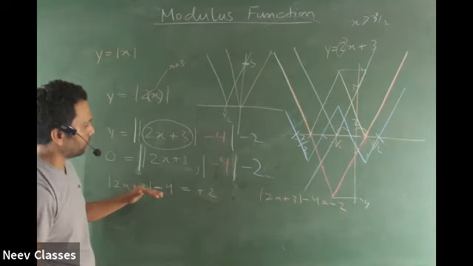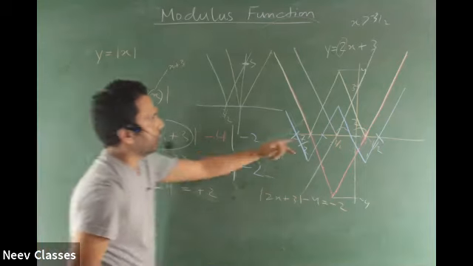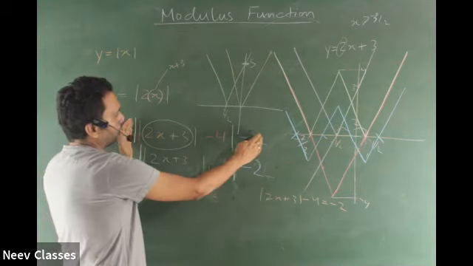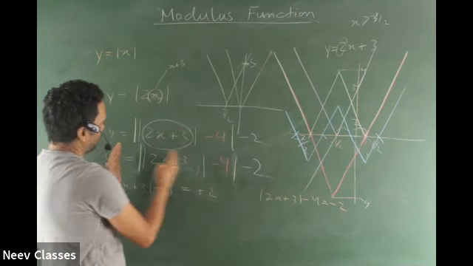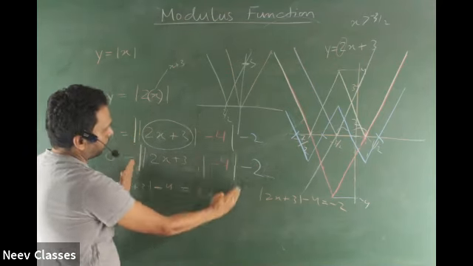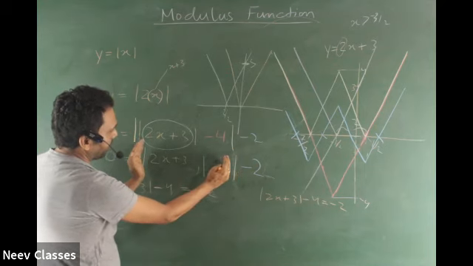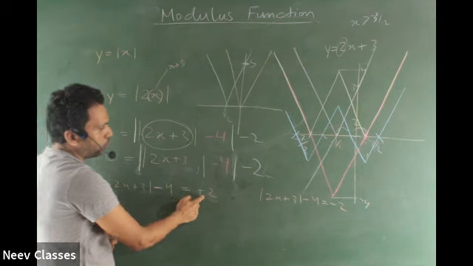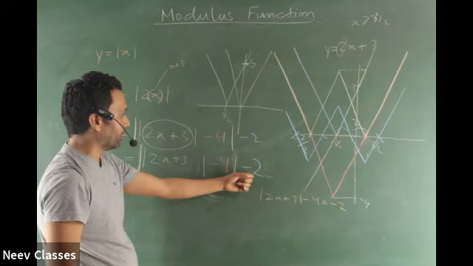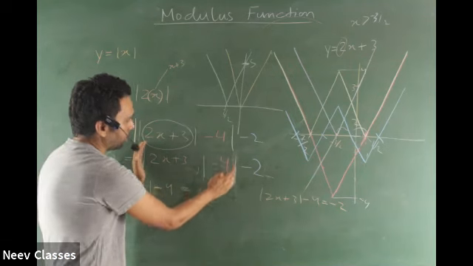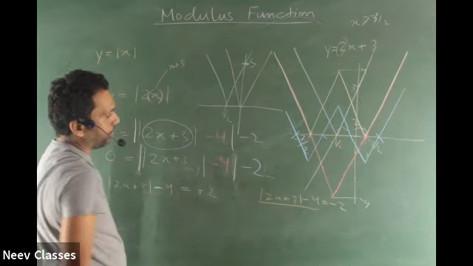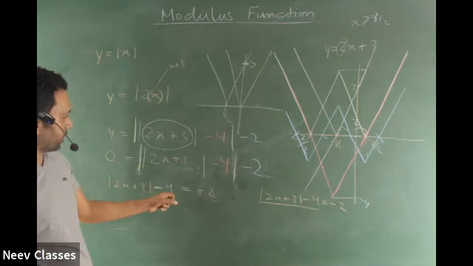Okay, I was not recording, so I'll just repeat that if I have to get the x-intercept, I have to put this whole thing, which is y, equal to 0. If I put the whole thing equal to 0, I get that this mod thing is equal to 2. This light green mod thing is equal to 2, means the inside of the mod must be either +2 or -2. If the inside is +2, the mod of that is +2, and the -2 will make it 0. If the inside is -2, the mod of it will become +2, and the -2 on that will make it 0. So the inside stuff can be either +2 or -2.